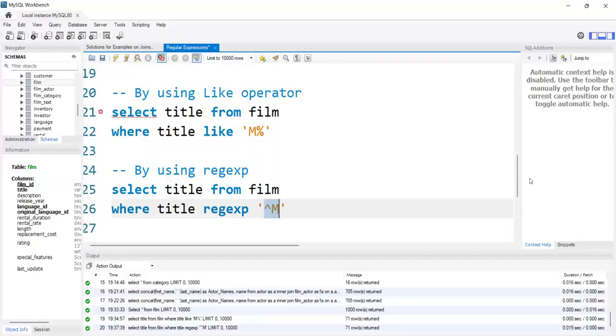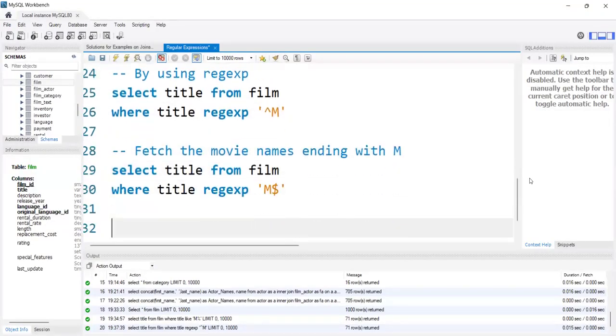That indicates starts with M. And if we want to fetch any data ending with any character, here I want ending with M, so first I will write M and I will write dollar at the end. It indicates that in that data M should be at the end. Okay,